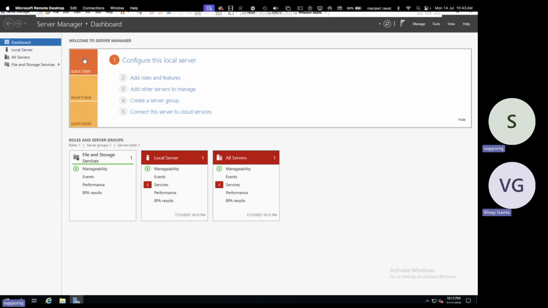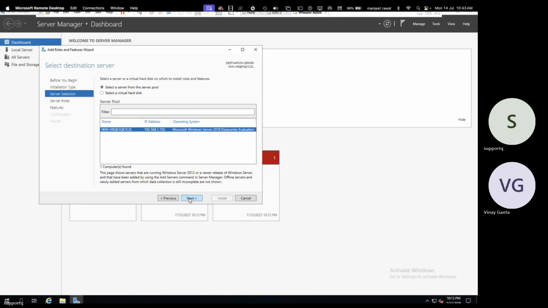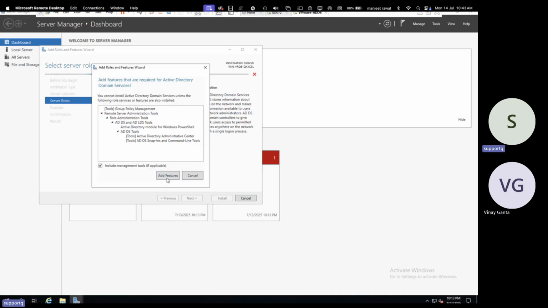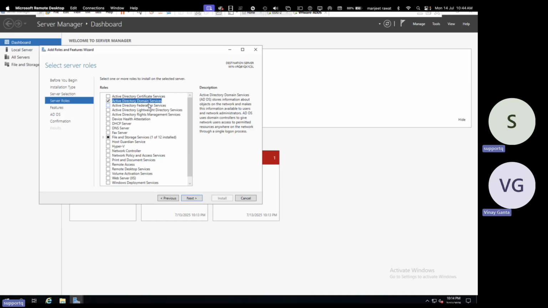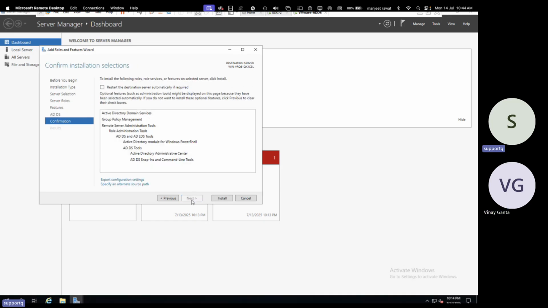So you need to click on add roles and features, next, next. No need to do anything, next again. This is the list of roles. ADDS is a type of role, so second in the list, ADDS, you need to check mark it, Active Directory Domain Services. Next, next, next,